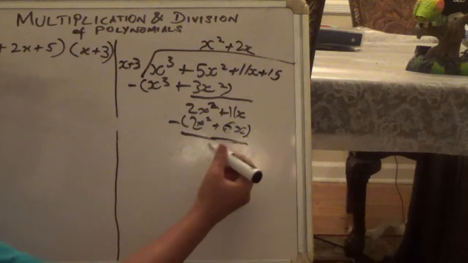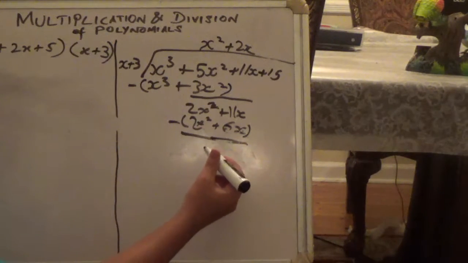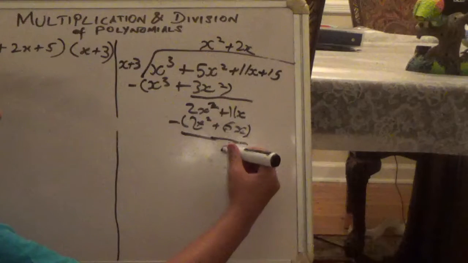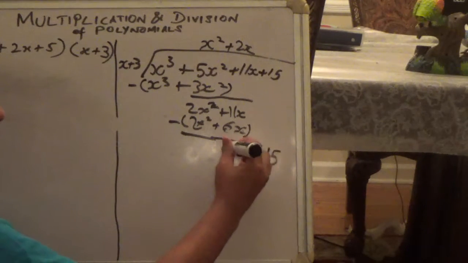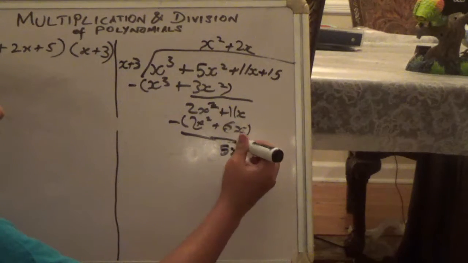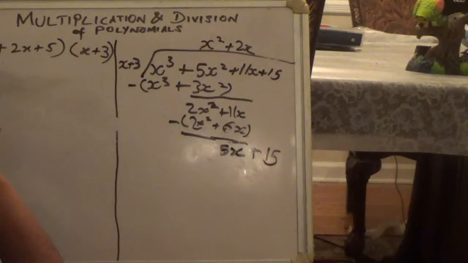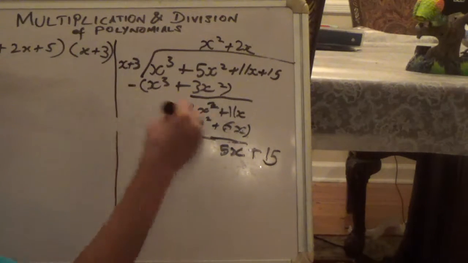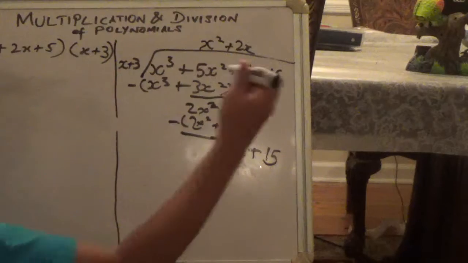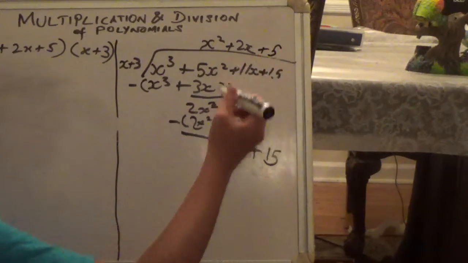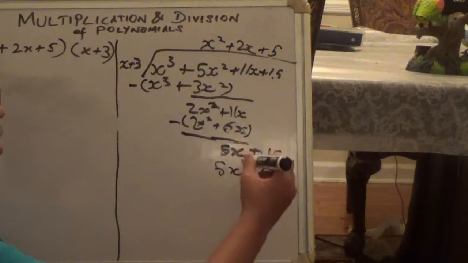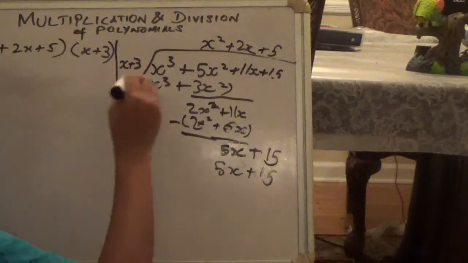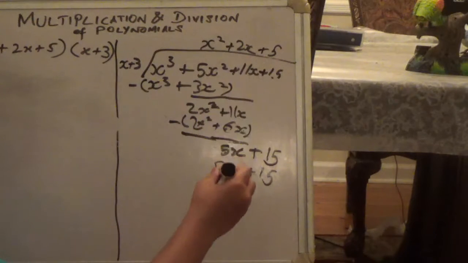So now you subtract that, you get 5x plus 15. What times x plus 3 is 5x plus 15? Well, what times x would equal 5x? 5 obviously, right? So you get 5x plus 15, and 3 times 5 is 15, x times 5 is 5x,